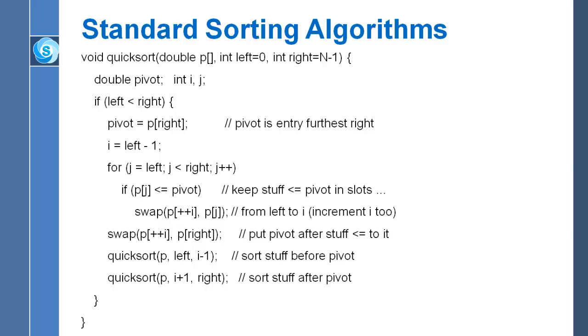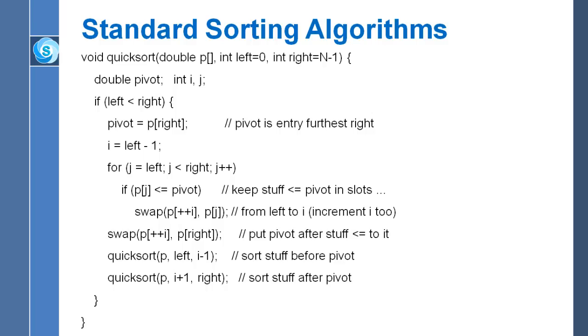Okay, all of the entries in the subarray up to index I will be guaranteed to be less than or equal to. Okay? By the time this thing is done, as I said, guaranteed that everything between index left and index I is less than or equal to pivot,